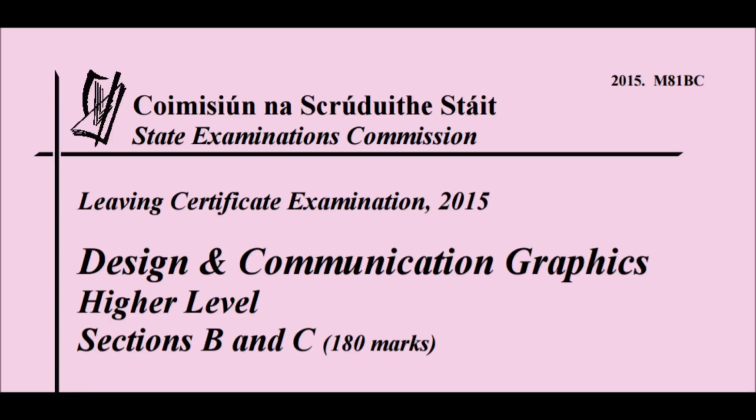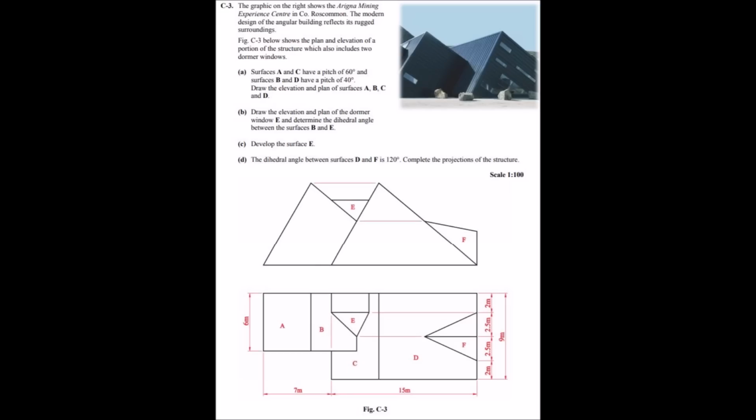So section C, I think question C4 in dynamic mechanisms, is a loci and a cam question. Also in section C, just remember that if you understand corner geometry well, your surface geometry question, I think it's question C3 off the top of my head, is a lovely question if it's the roofing question that comes up, as opposed to your developments, because it's exactly the same as corner geometry, except they might leave out a height and you just have to go through your two auxiliary views to work backwards. So look at that as maybe an extra choice if you're going to do, like my classes do, dynamic mechanisms and assemblies. Look at surface geometry as well, given that it's very similar to corner geometry.